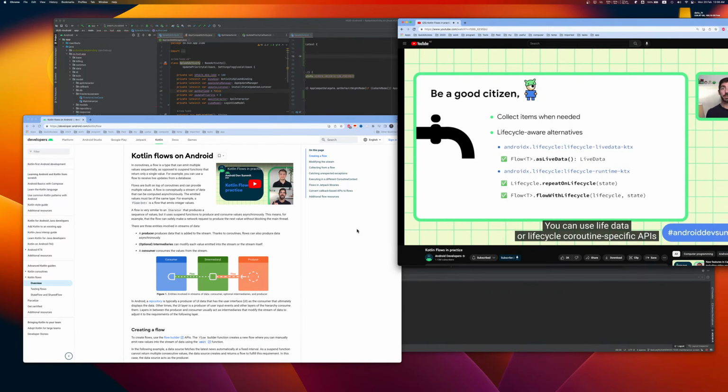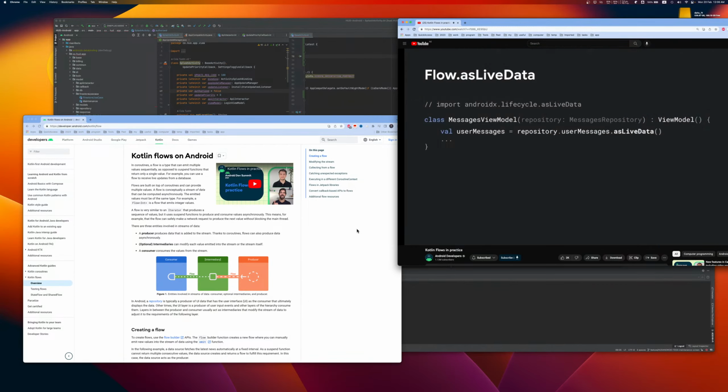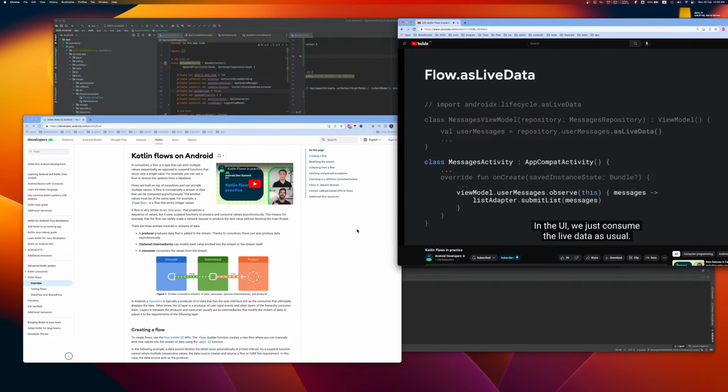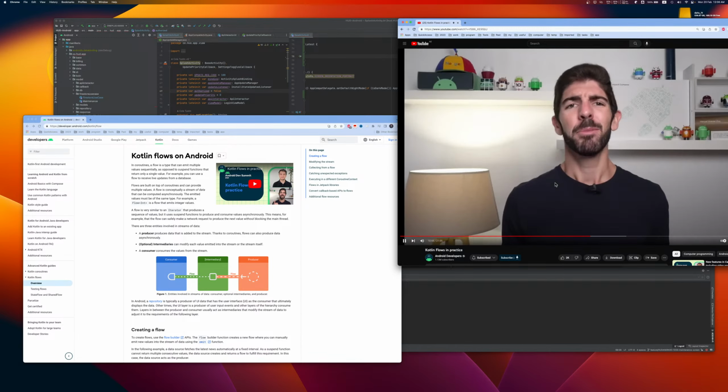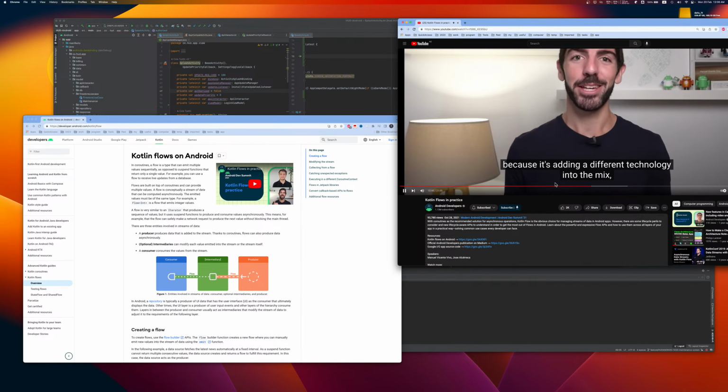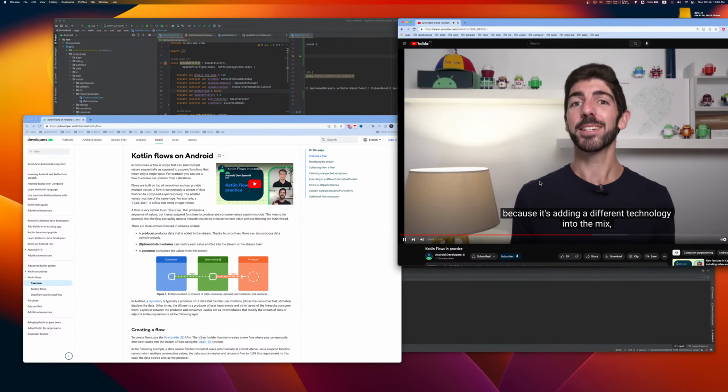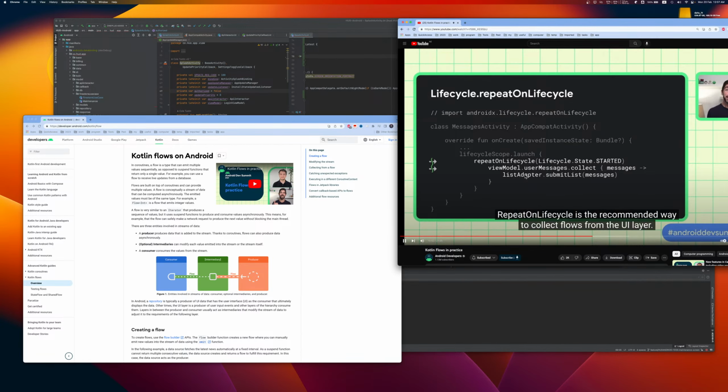You can use LiveData or lifecycle coroutine-specific APIs such as repeatOnLifecycle and flowWithLifecycle. The asLiveData flow operator converts the flow to LiveData that observes items only while the UI is visible on the screen. This conversion is something we can do in the ViewModel class. In the UI, we just consume the LiveData as usual. But OK, this is cheating a bit because it's adding a different technology into the mix, which shouldn't be needed. repeatOnLifecycle